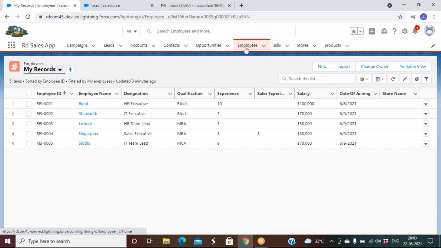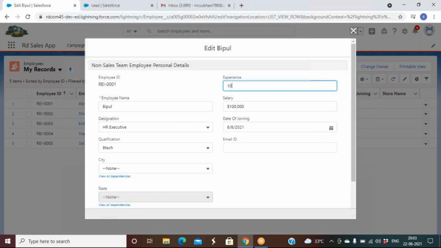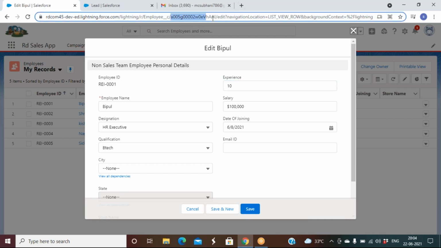Record ID is nothing but for an existing record, you can do an update. As a user, you can update from here by just editing the record. But if you want to use a tool like the data import wizard or dataloader.io, you need to use an Excel file. In that Excel file, you need to give a record ID. This is a record ID.